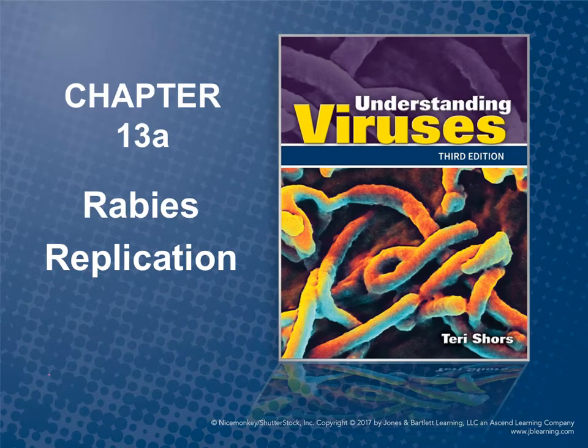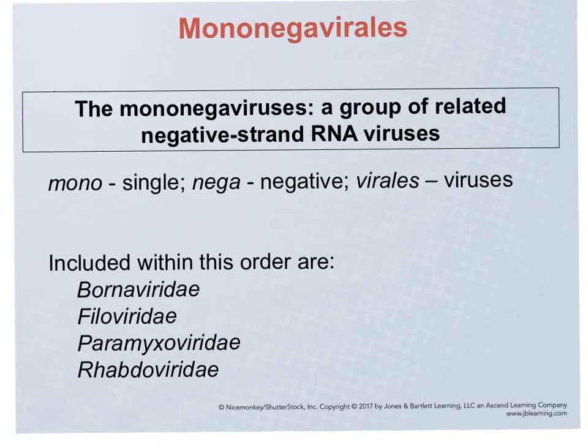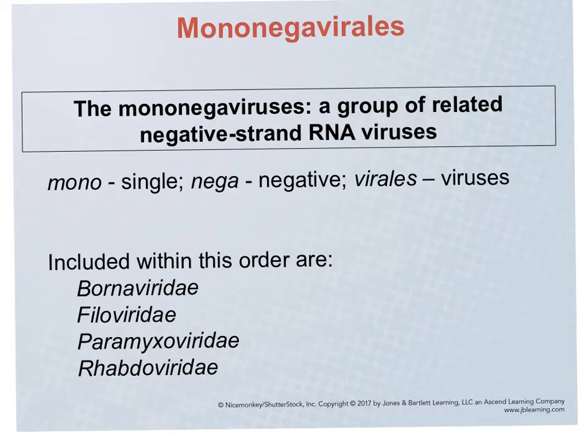Today we're going to talk about a virus family that causes a very, very devastating disease, and we're going to talk about the virus family that includes the virus that causes rabies. This virus is in a large group of viruses that actually is an order of viruses. So this is an example of a virus family that is found within an order. And this order is called the